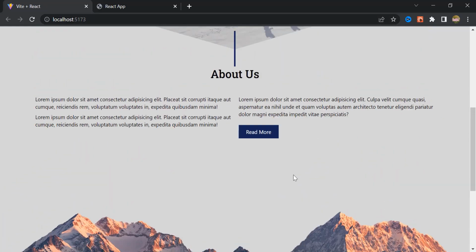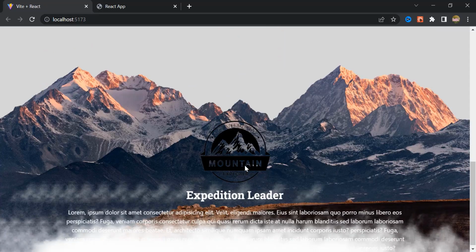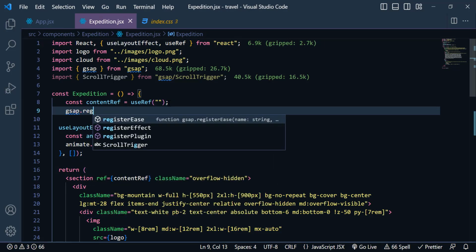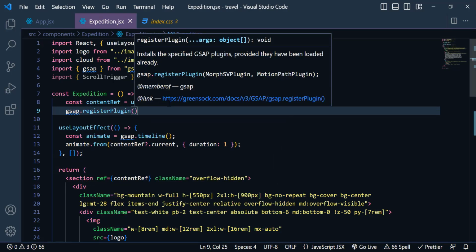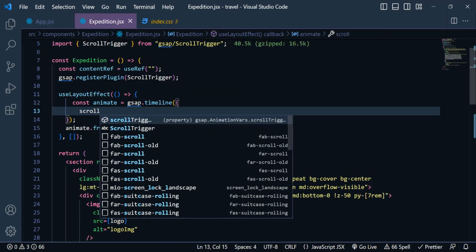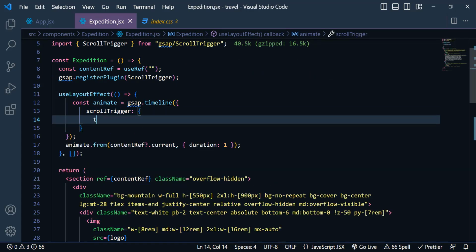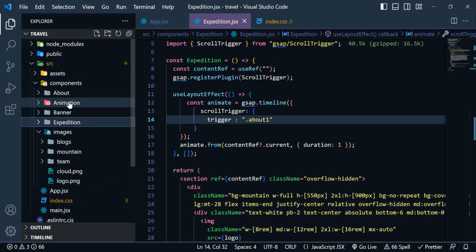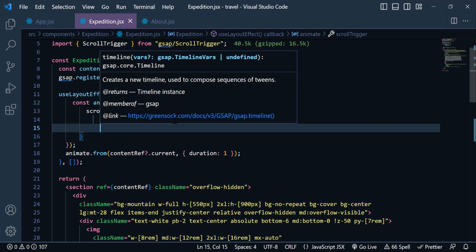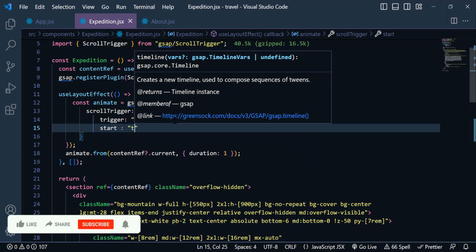For that, we have imported ScrollTrigger from GSAP. At first you need to register the plugin using gsap.registerPlugin and ScrollTrigger, and down here you need to add curly braces inside the timeline. For the scrollTrigger we need to add the trigger to be the about one class. The trigger means that the animation will happen on this component. So we need to add this about one class inside the about component,